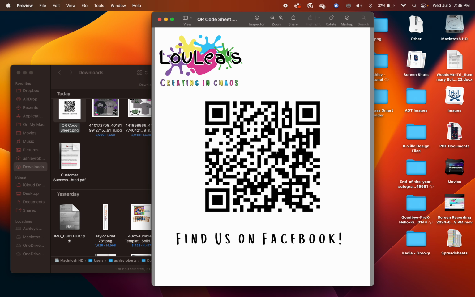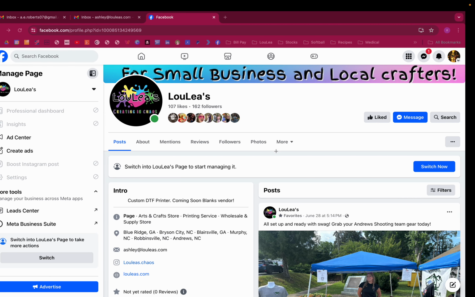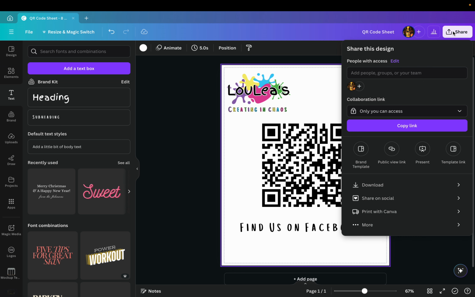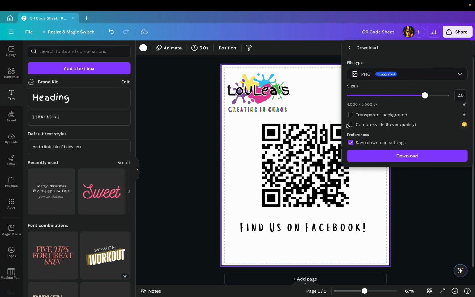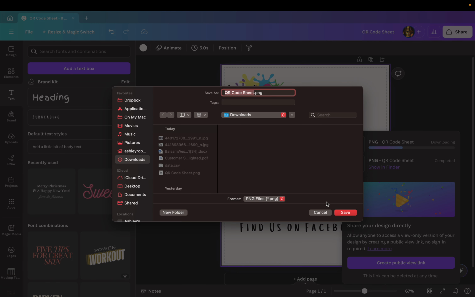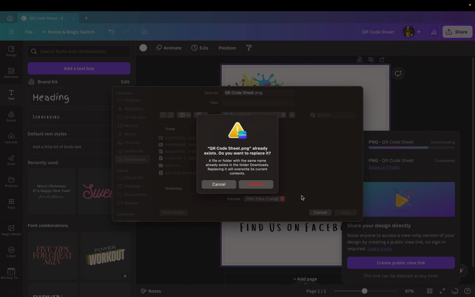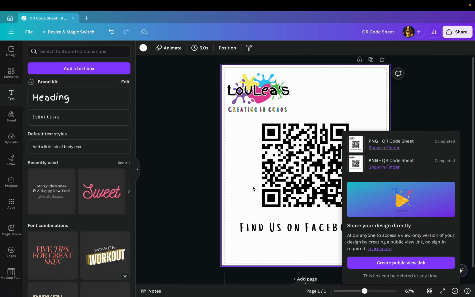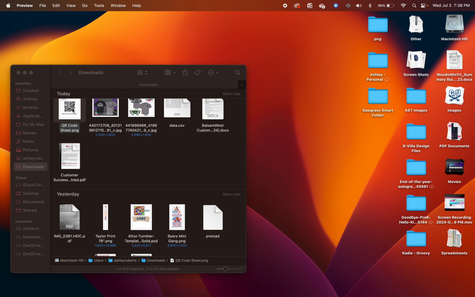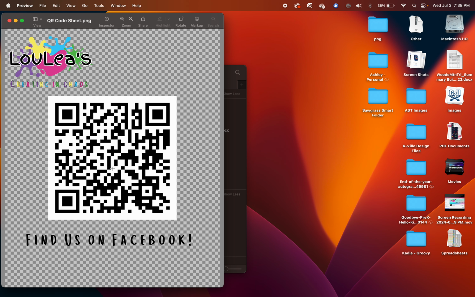Now, if you want to put this on a t-shirt or something that doesn't necessarily have a white background, you're putting it on something else. I have not put a QR code on a colored shirt, but I'm assuming it would work the same way. I'm going to replace this just to do that. And slide back over here, back to my Finder, and see it already just updated so it will keep the